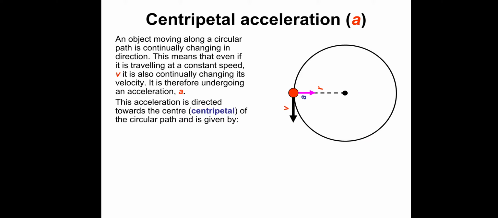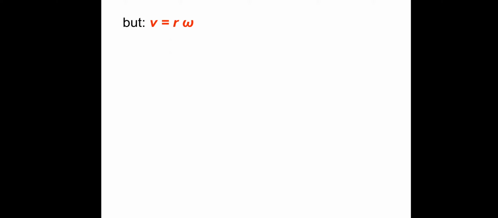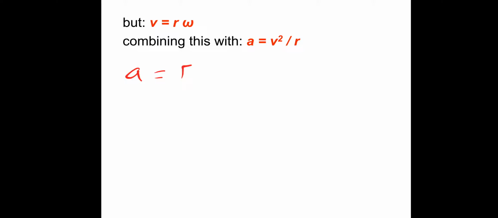I'm just going to move on. From last lesson, we've got the relationship between linear velocity and angular speed: v equals r omega. And we've also got the equation I've just given, acceleration is v squared over r. If we combine these, we'd have acceleration equals r squared omega squared divided by r. That gives us acceleration is equal to r omega squared, which is utilised quite a lot in